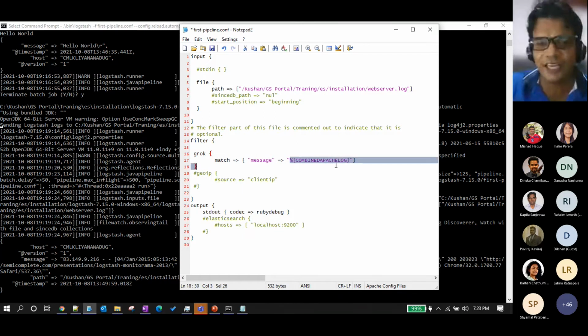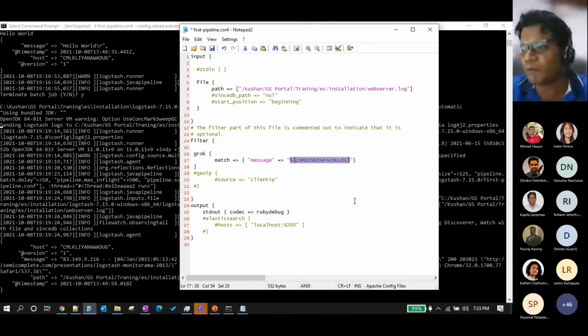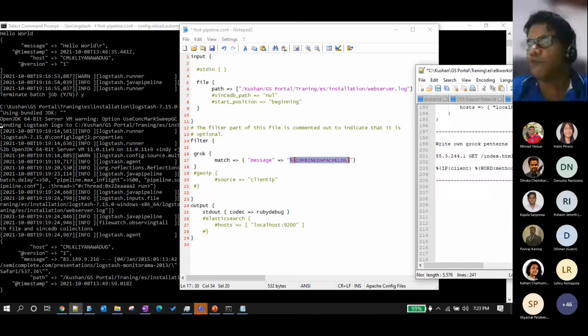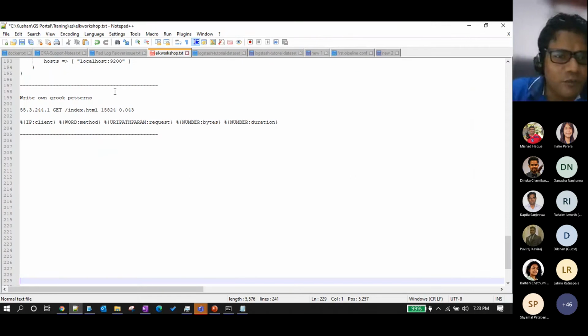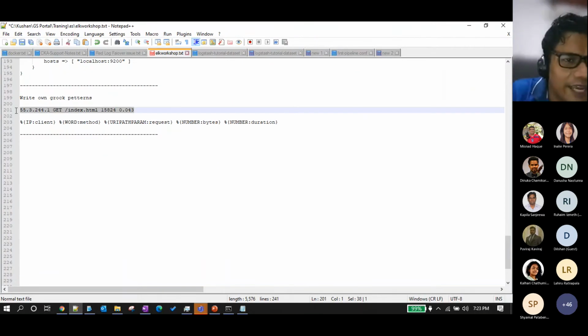I have actually got the Grok pattern already written, but when you are writing the Grok pattern, guys, this is the actual way of doing it. Assume that I have a log something like this.